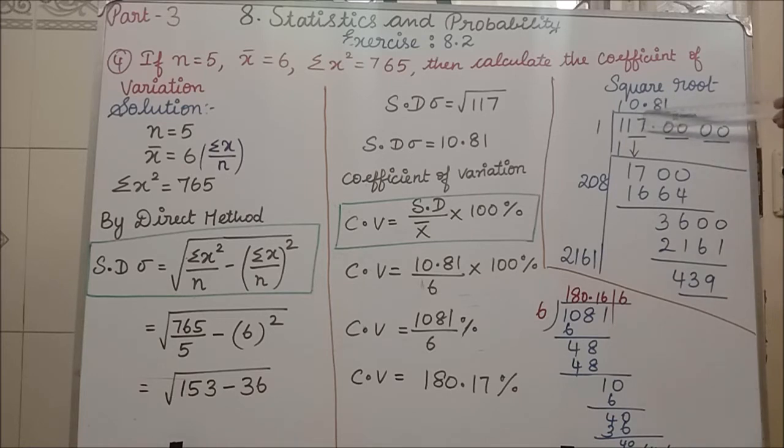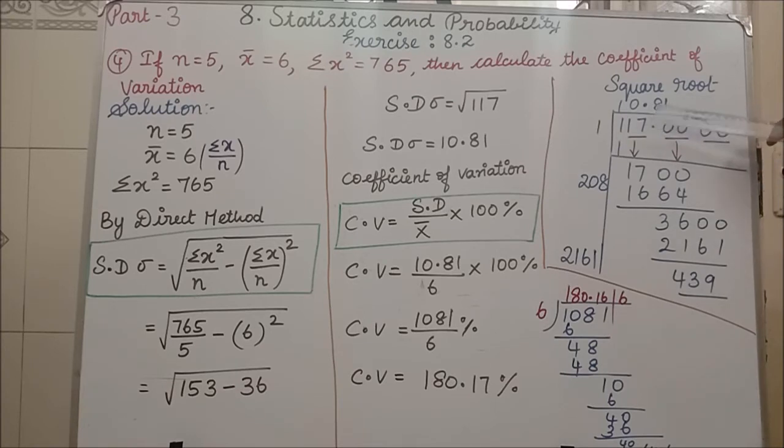Clear all of you? Then after this I am having the decimal. So after that I have to keep the decimal and I have to add 2 zeros. Why do I have to add 2 zeros? So that in the square root, when you are bringing down, you bring two numbers. Clear? Since I have kept 0, I am going to bring the 0 down. So 1700 I have got now. After the decimal, whatever number you are writing, the same number here also you have to write. If I write 8, then here also I have to write 8.